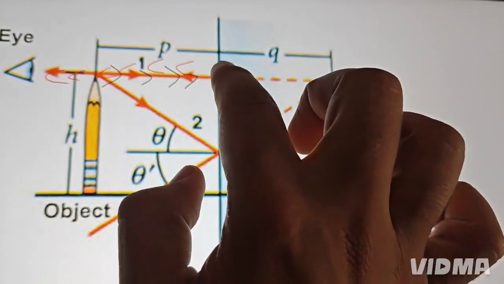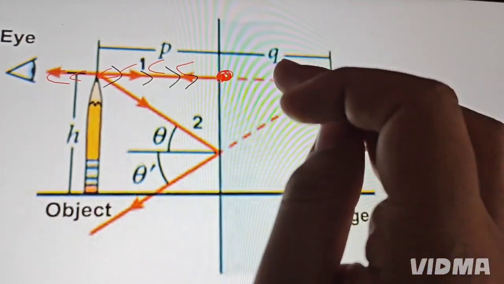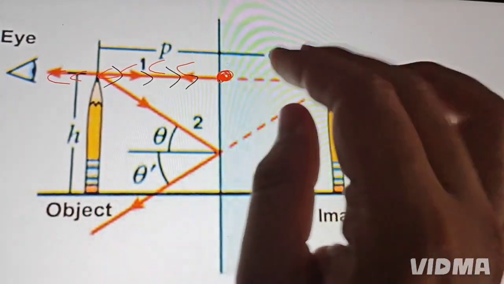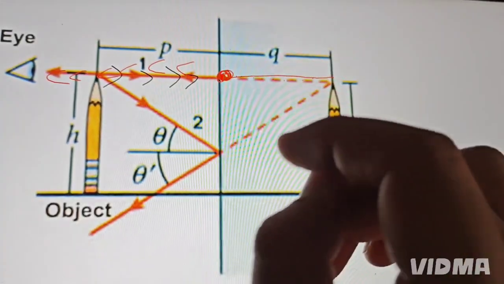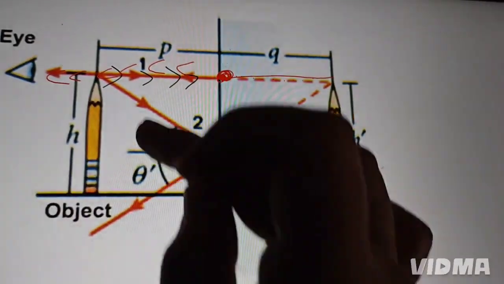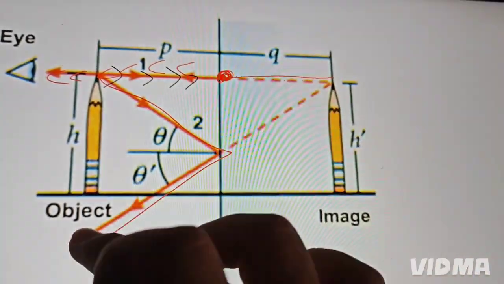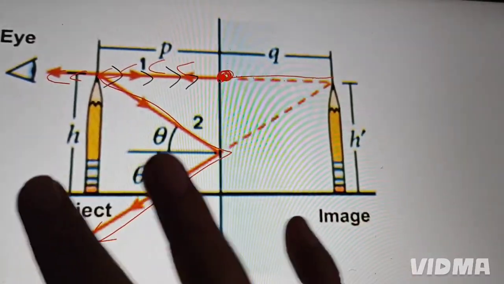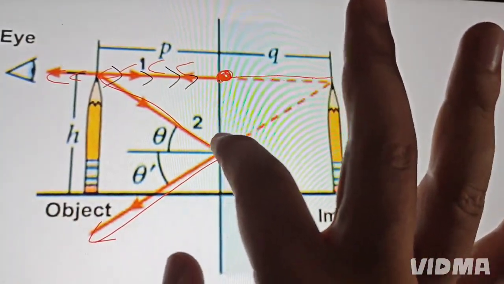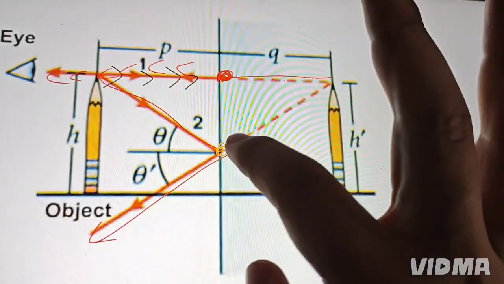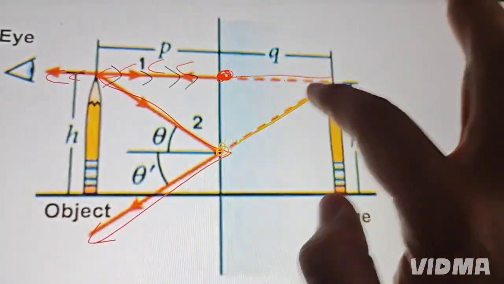The light struck at this point, right? So as I told you, behind the mirror we can extend a dotted line. This is the dotted line. The second light came out from the head of the pen in that direction, and it's going to be reflected. Again, where is the point that the light hit the surface? In that point. Again, at that point, we can make another dotted line. We see that